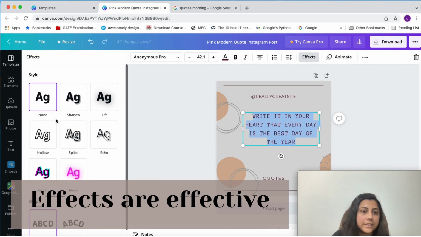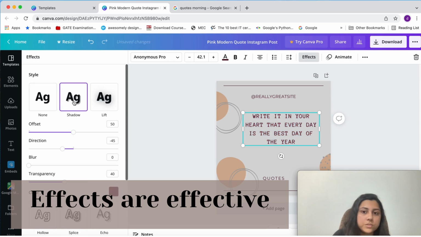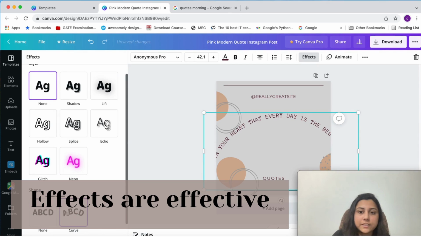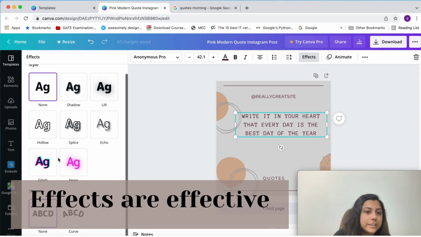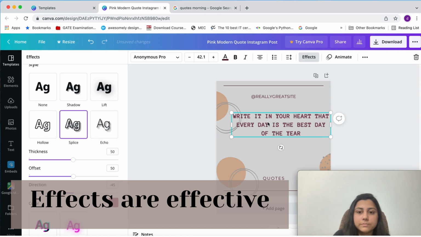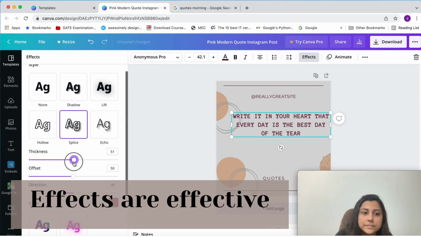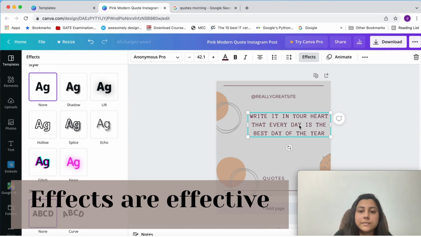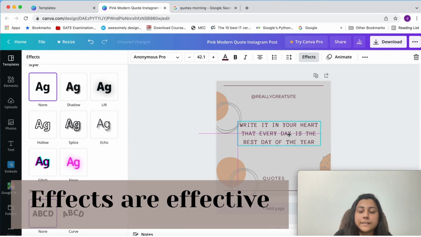And yes, then there are effects. So effects are basically to, see, we can just make it curvy. I think it looks very ugly, and we can just slice it. So this is also one kind of effect that we can put on fonts. You can change the thickness. Okay, so not scaring you with a lot of features, but let's just keep it basic and minimalistic. So I think it's not that bad for now.